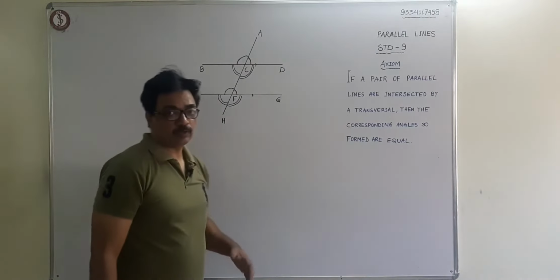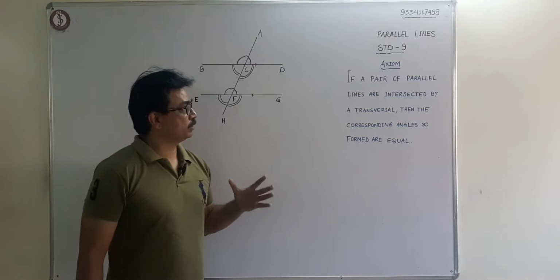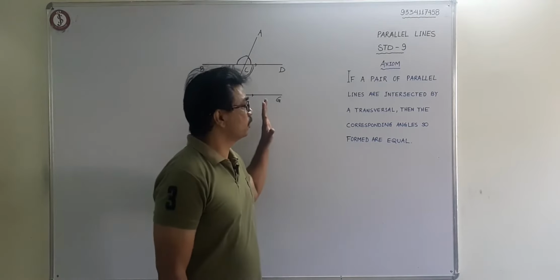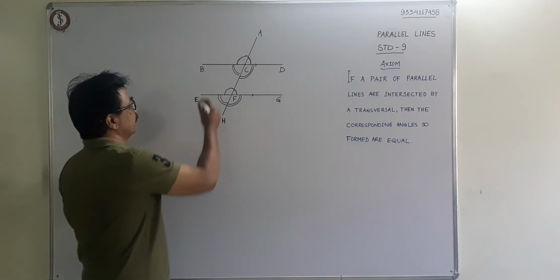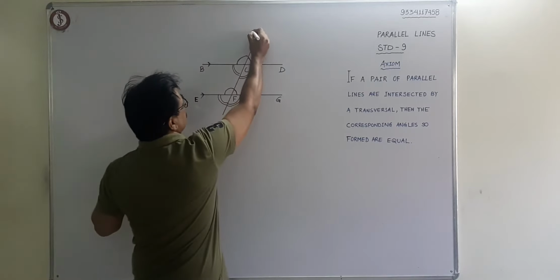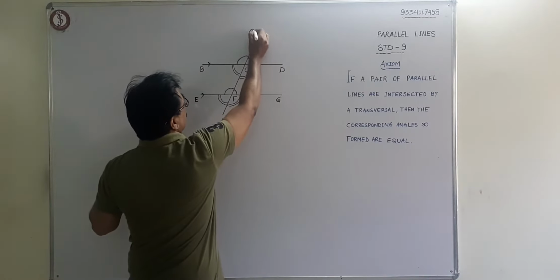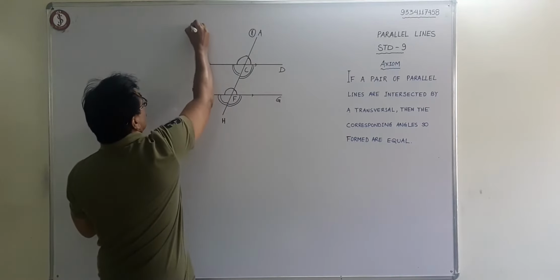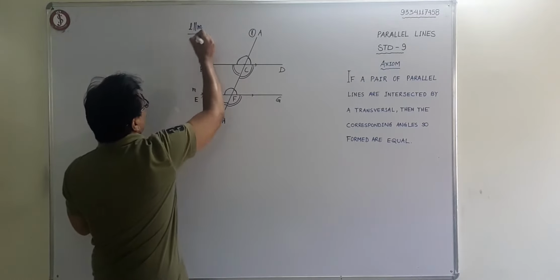So student, we are into geometry and this is a very important chapter also, because this is the base of geometry. So here we are talking about parallel lines. These two lines are parallel. Normally we write it like this, and this is the transversal. If I put a small t over here, this we can write line L and M. So line L is parallel to M. This concept is given.